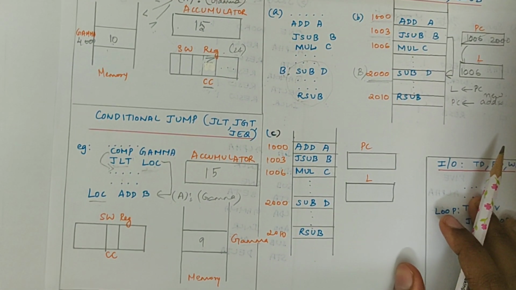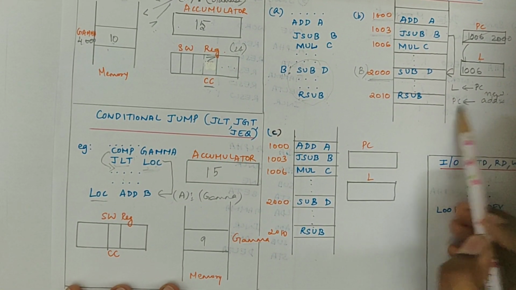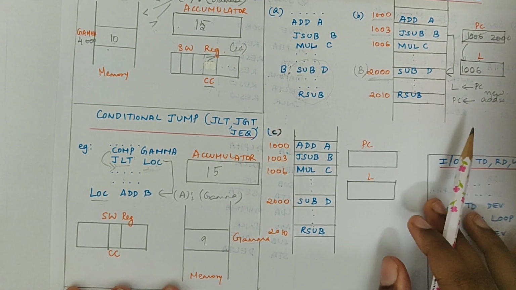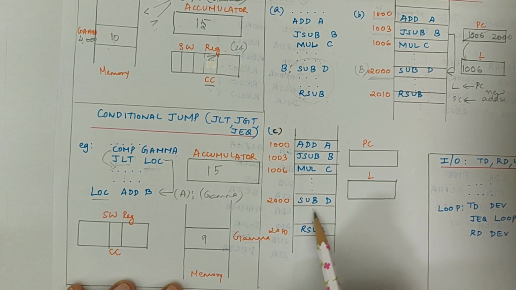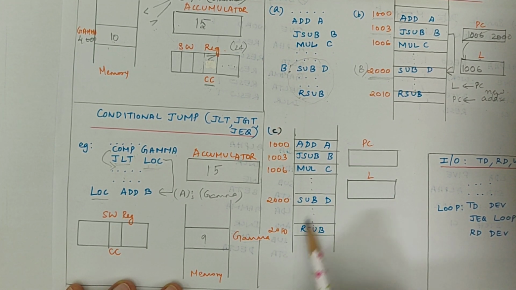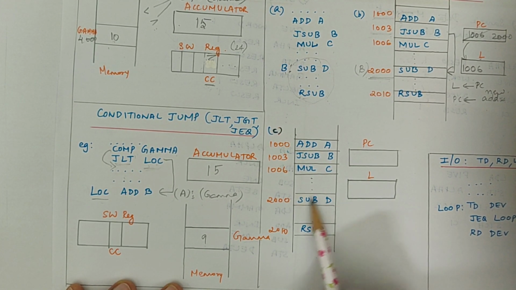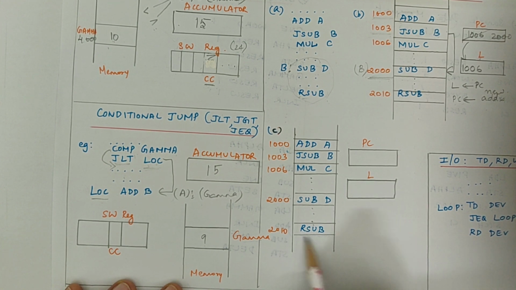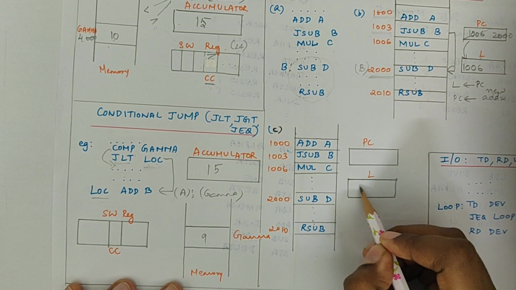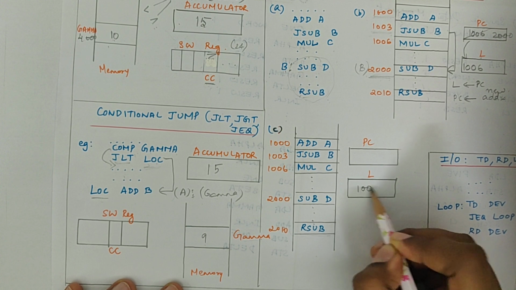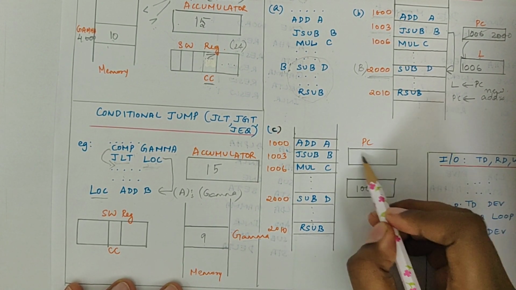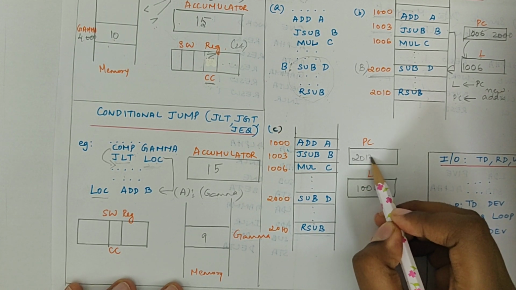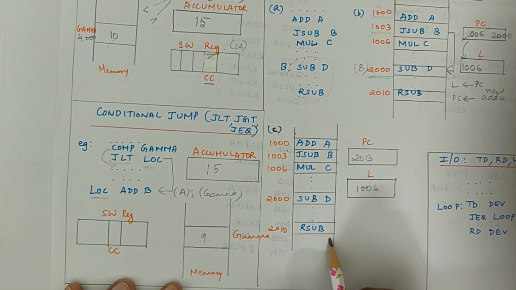And then what happens? PC now contains the new address, which is 2000. So it will go to this location 2000, and the instructions in the subroutine will be executed. After execution of the instructions in the subroutine, you have the statement return sub. So now the linkage register contains the address 1006, right? PC will be somewhere at this address, say 2013, if that is the address currently when this instruction is being executed.